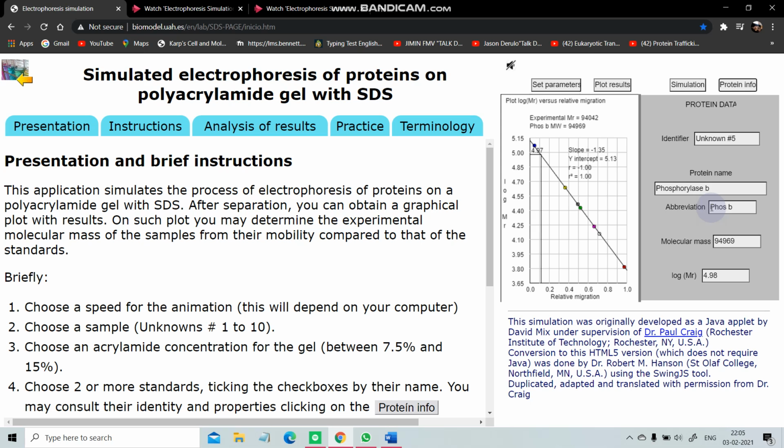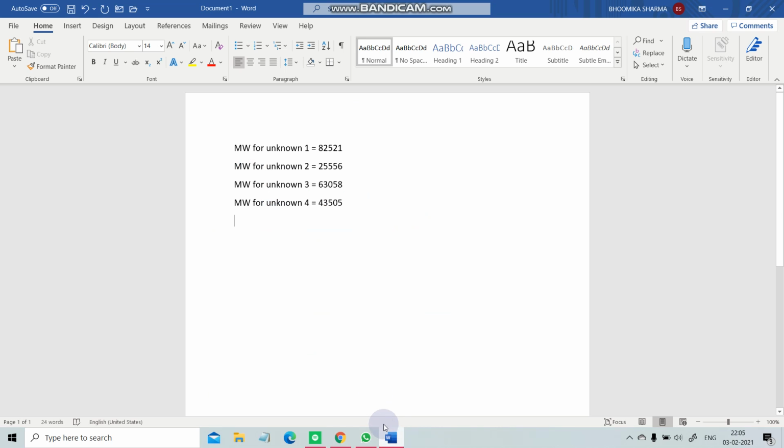So this unknown concentration, my fault, this unknown protein is phos B. So its molecular mass is coming out to be 94969. All right,